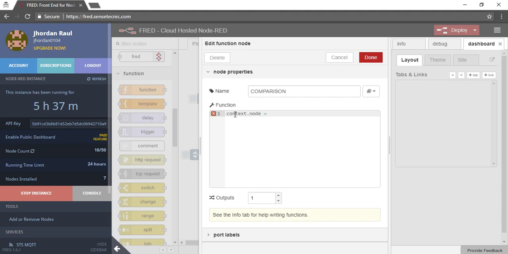We are going to use, in this case, context function. This is for storing the input 1. This function is for storing the data of the input 2. After that, we write the function if